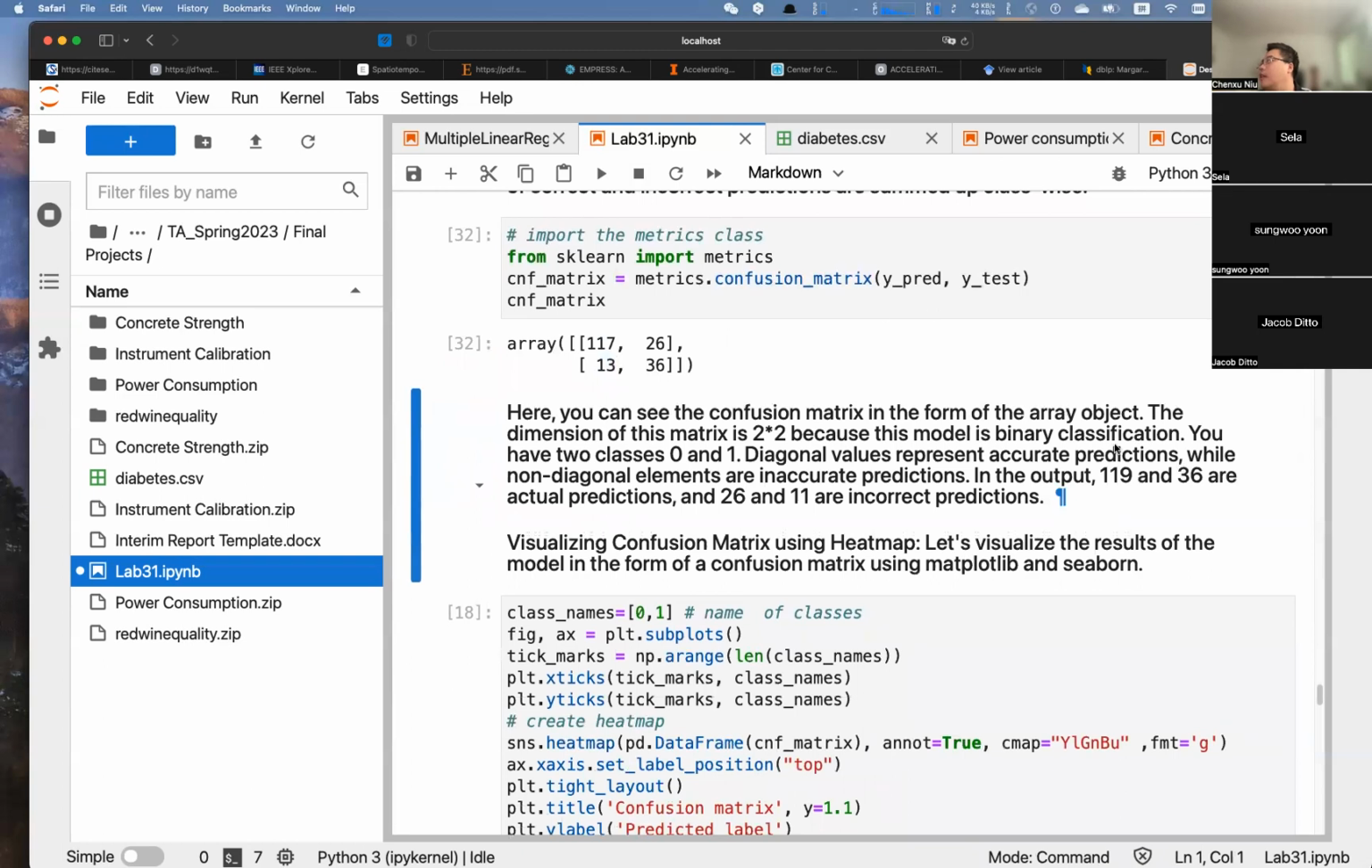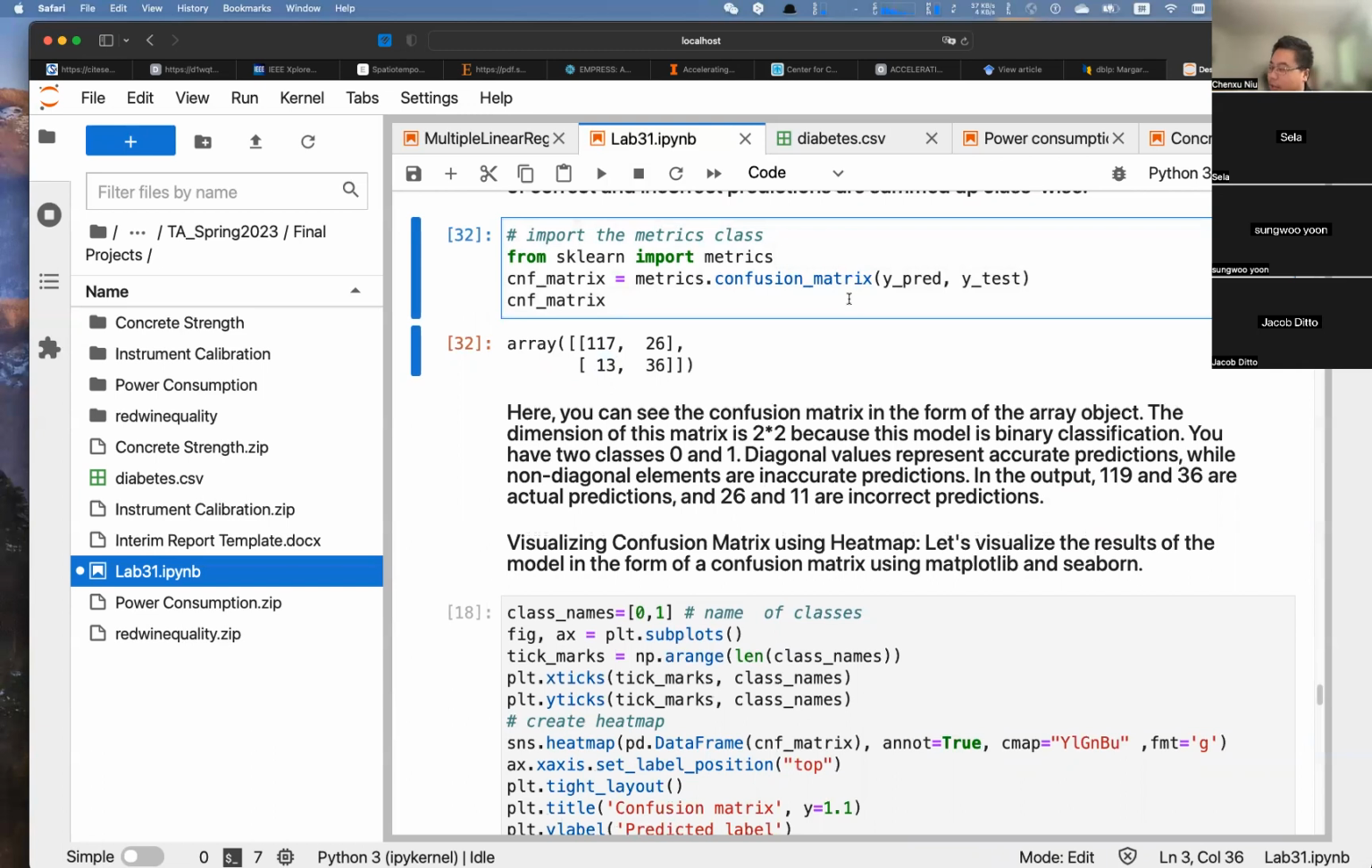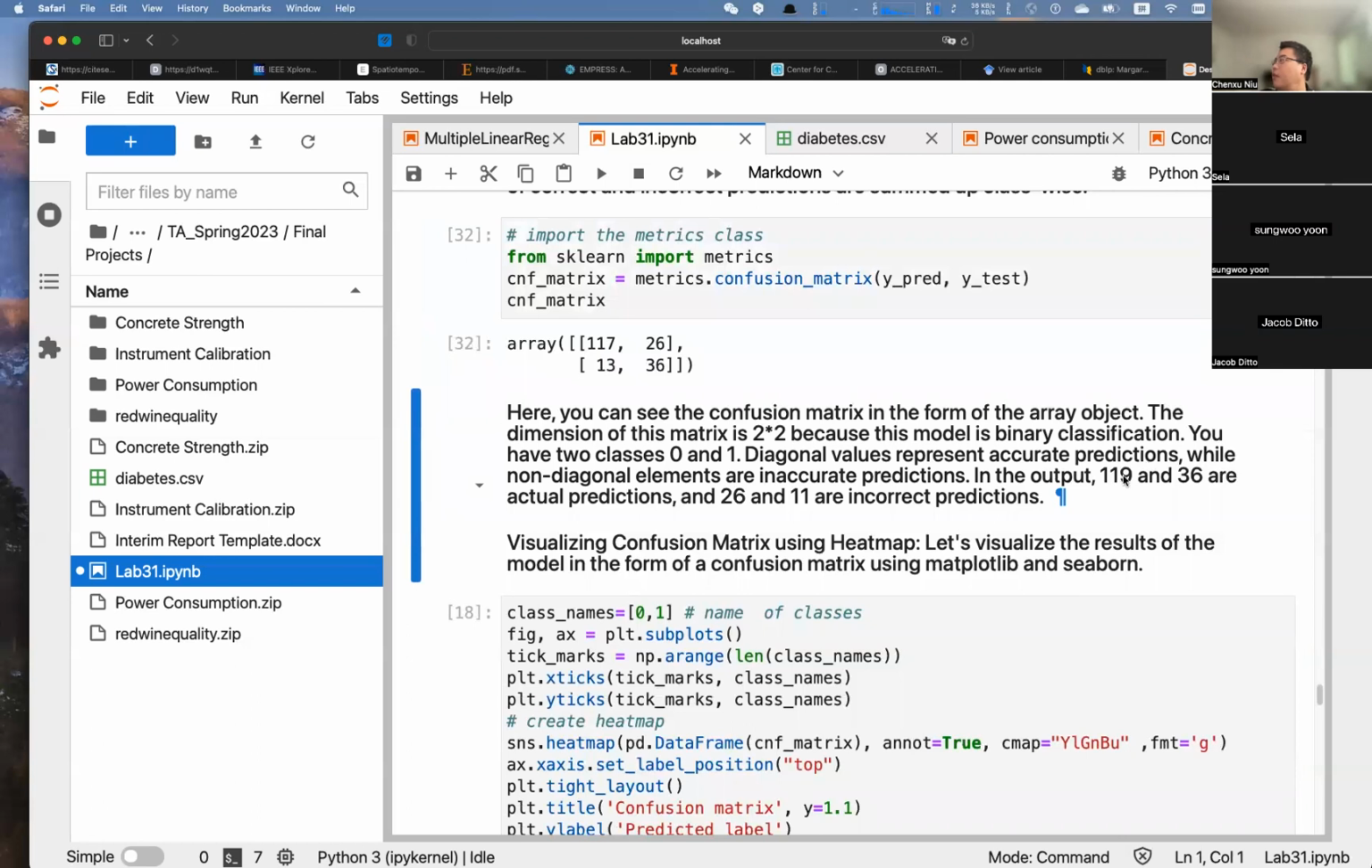I think it's a little bit different, because every time you train your model, you use a randomly selected training dataset, so the result would be a little bit different. For instance, here this one would be 117, and true positive and true negative are the actual correct predictions, and the 36 are incorrect predictions. This one and this one are 26 and 13, not 11 as in my model, but in your own model it will be different. Okay,